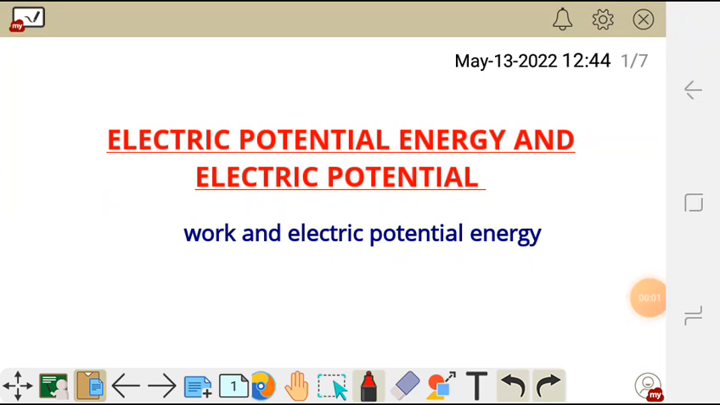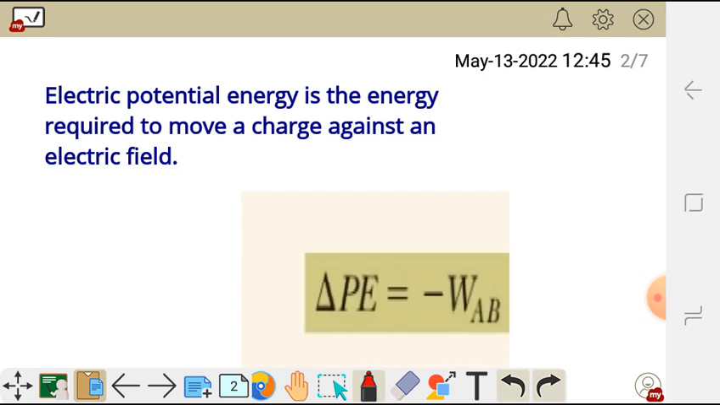About electric potential energy and electric potential. So in this video, I'm going to talk about the work done and electric potential energy. Electric potential energy is simply the energy required to move a charge against an electric field, and it is given by the formula: the change in electric potential energy is equal to negative work